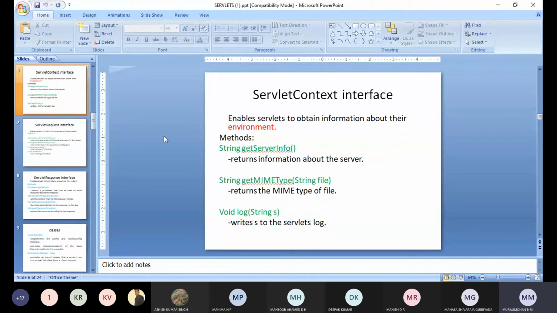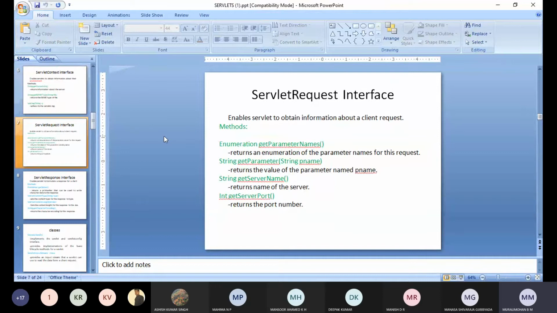Right. So this is the third interface we are having. Next, the fourth one, the ServletRequest interface. This will enable the servlet to obtain information about a client request. The methods are getParameterNames.